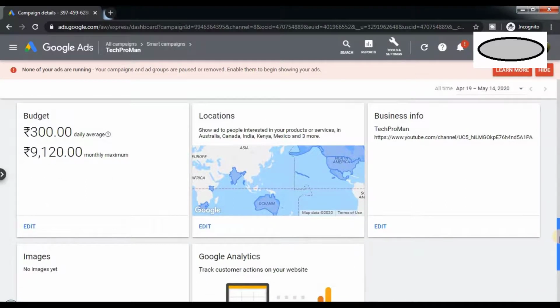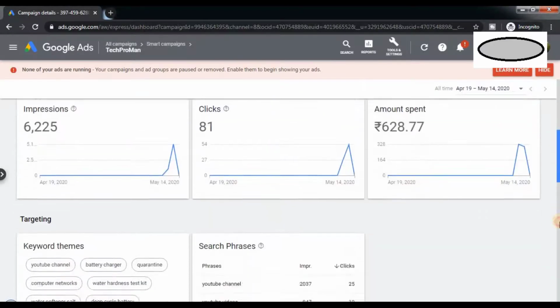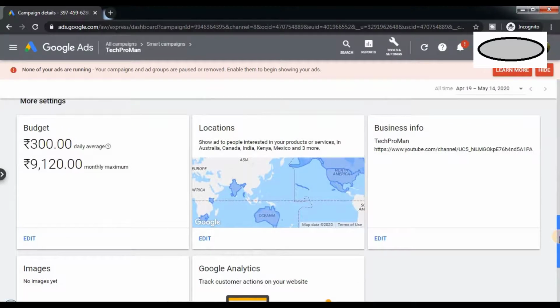This is what the budget is. This is your budgeting settings that you have given. I had set it to 300 per day, that is 9,120 monthly maximum. Locations are displayed over here. The business info is displayed on the next step.